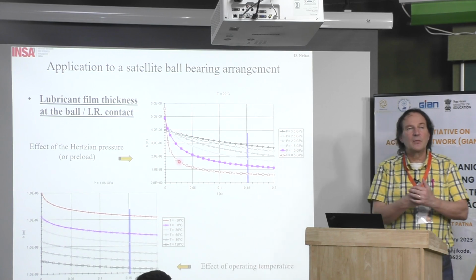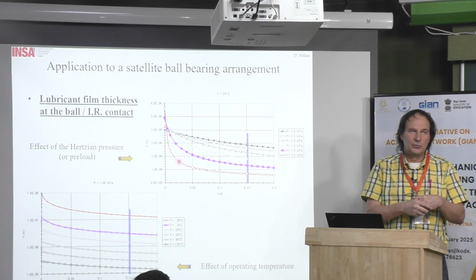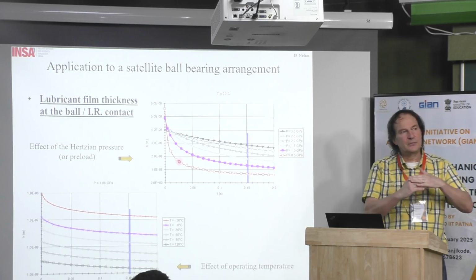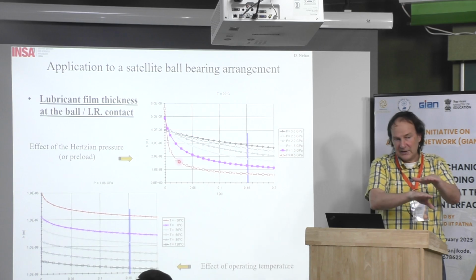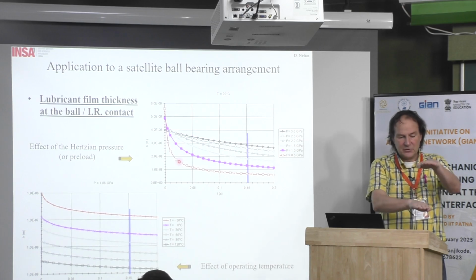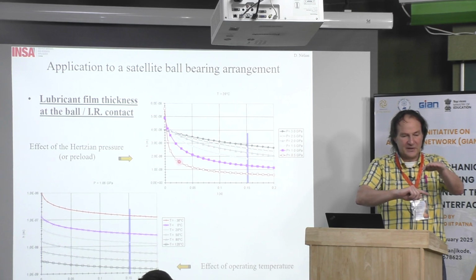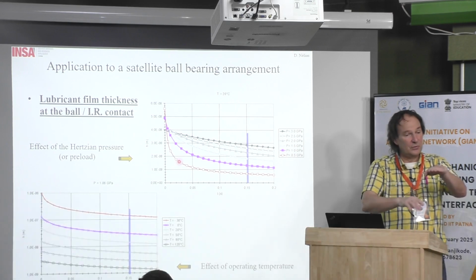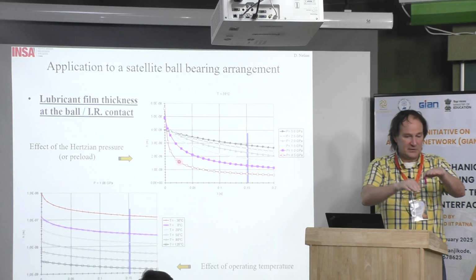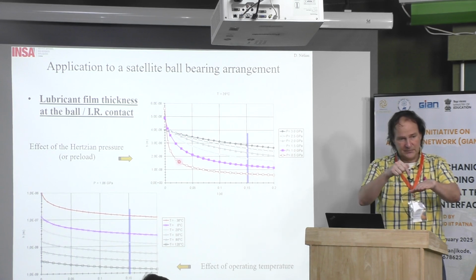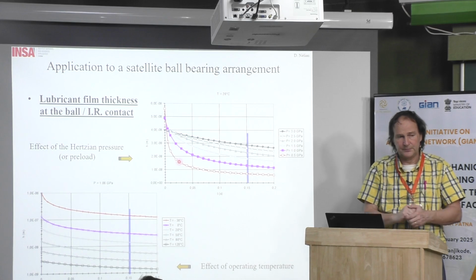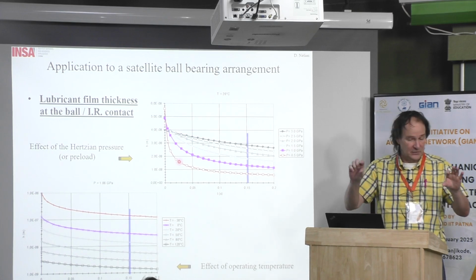In fact, you have to look at their paper for the detail, but the principle is you have a gap between two surfaces, and you calculate the flow between the two parallel surfaces. When the gap is very large, the flow produces a very small pressure. When you integrate the pressure, you will not have the normal load. Then you have to decrease the gap until you reach the point where you integrate the normal load. And that gives you the solution. But you assume that it is a flat surface.